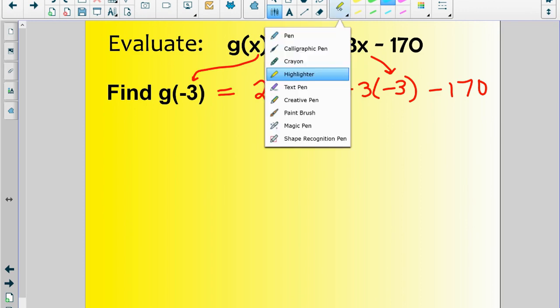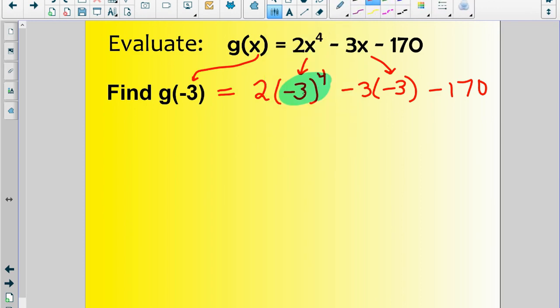So we do the exponent first. Okay, don't do 2 times negative 3 first. That's not how it works. I have to figure out what negative 3 to the 4th power is. You can use a calculator or you can use your head. Either way, you're multiplying